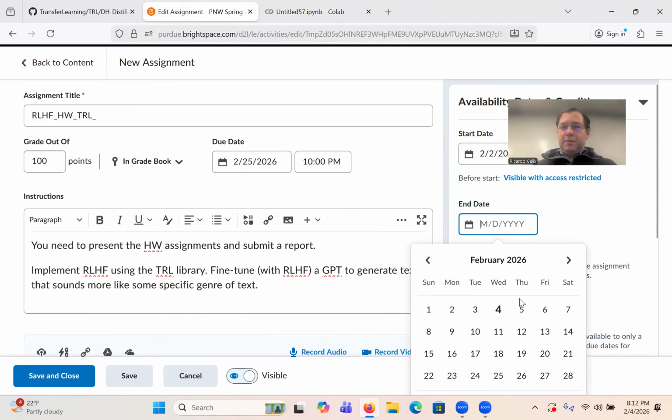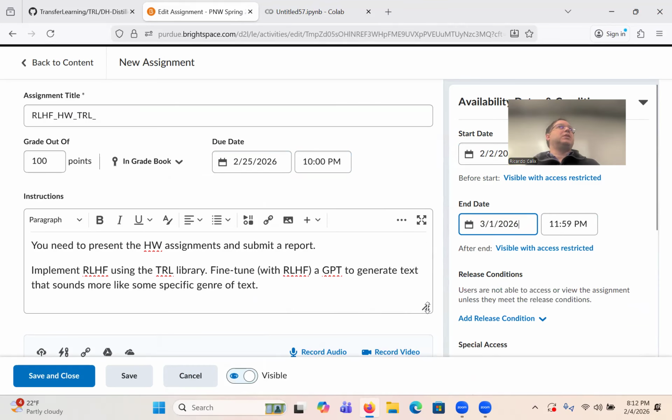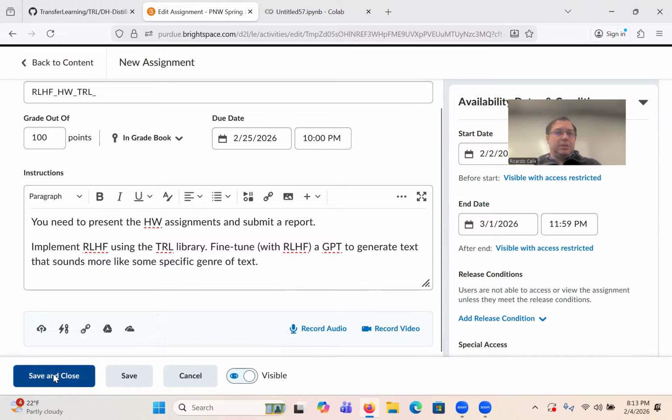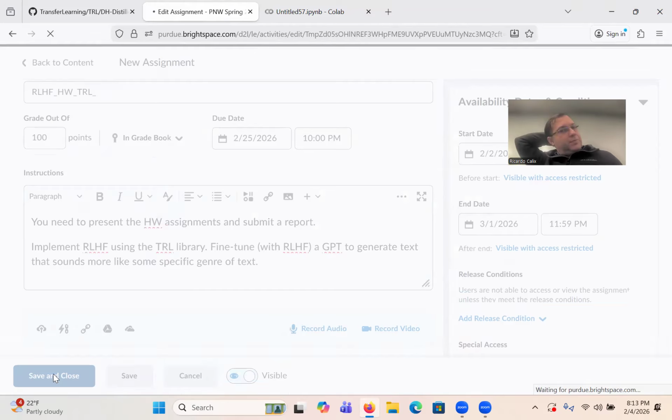So 25th. So that gives you until March 1st, a Sunday, to make sure to submit. Just be aware that you have to present on that day, right? So I'll allocate like the second half for everyone to present, just short presentations with your results, so we can have a discussion about it. So I'm going to click save and close.